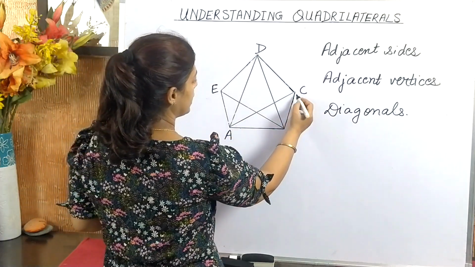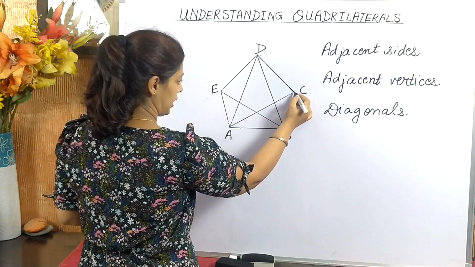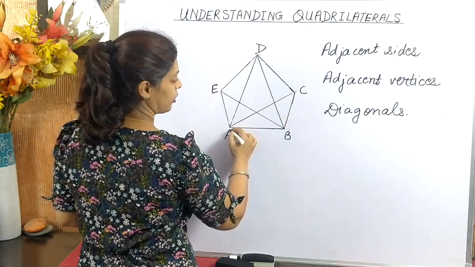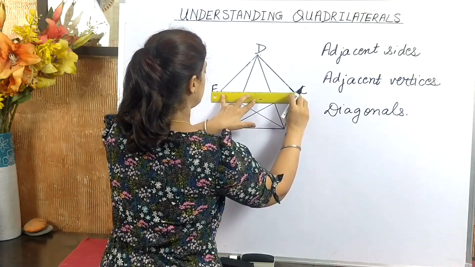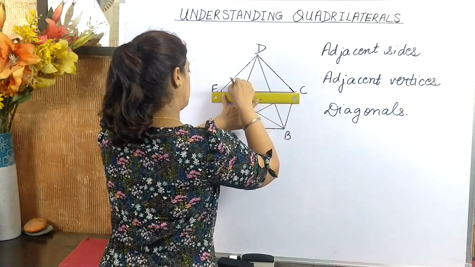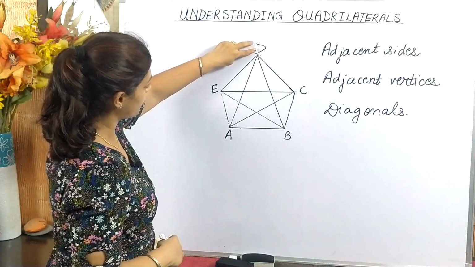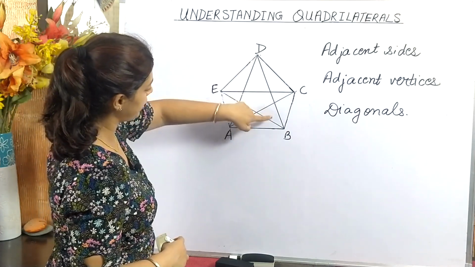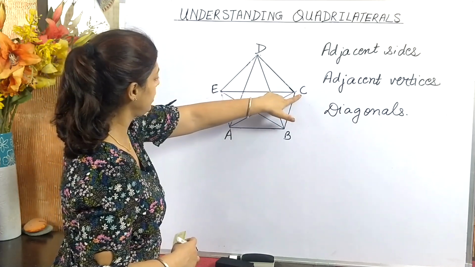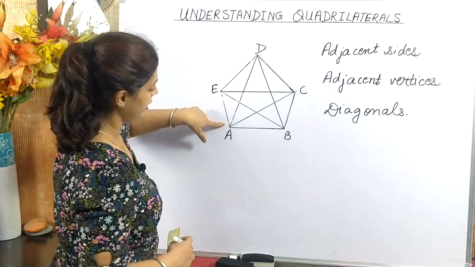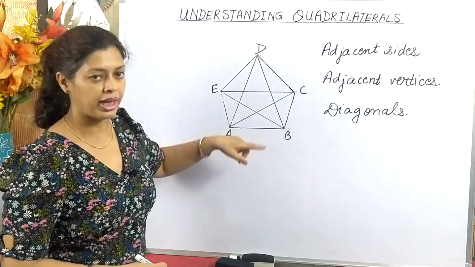Now I consider the point C. D and B are adjacent to C. So I can join a line segment from C to A. C and A are not adjacent, and C and E are also not adjacent. So I can draw another diagonal from C to E. So I have two diagonals going from point D, DA and DB, from point E, EC and EB, and from point C, again EC and CA, and two from B also. So in all I get 5 diagonals.